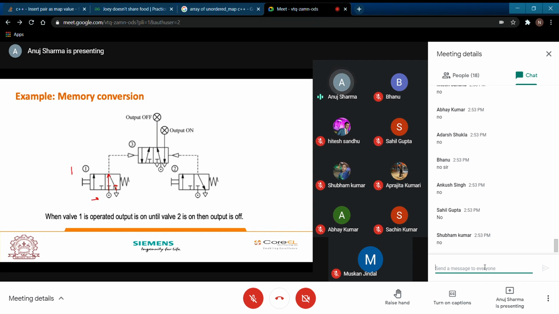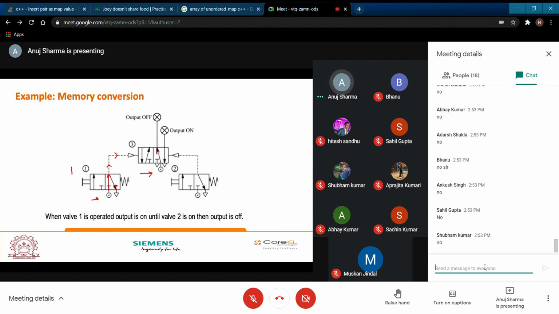Your new diagram is going to be like this. And now you can see that pneumatic air is going to actuate this valve, and because of this actuation, this box is going to get shifted in this particular direction.